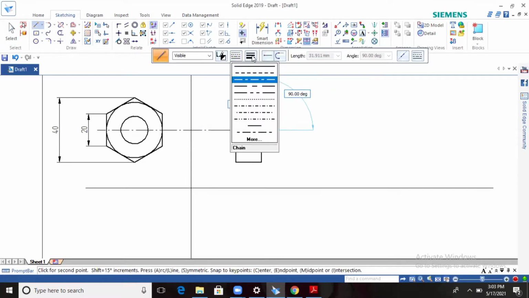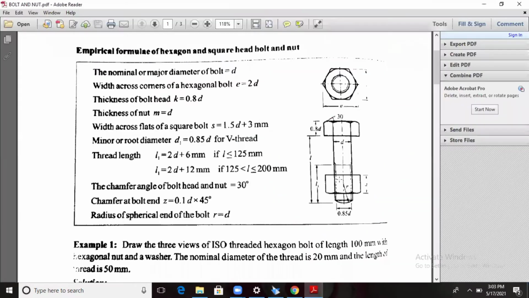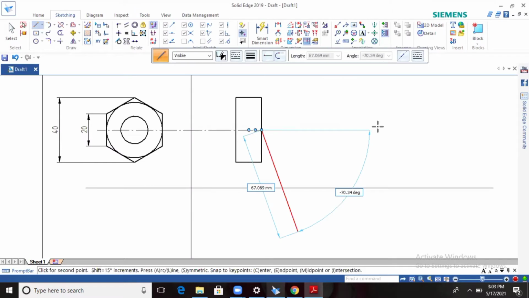So next you can draw the axis line. Okay, I'll draw the axis line. Correct. So at a distance of the length of the bolt. So what is the length given in the question? Length of the bolt is 100 mm. Okay. So you can look at the diagram here. The L value from this is over. From here to the end point is the value of L. Okay. So now I will draw the 100 mm length.